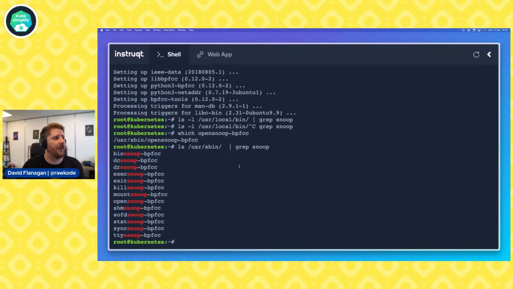The first thing you can do is use the snoop tools to discover all open files on a machine. Use the snoop tools to discover all commands executed on a machine. And use the snoop tools to identify all TCP sockets and a whole bunch of other stuff. So if there's anything on a Linux kernel where you want to understand file, networking, syscalls, it's just all available to you. In fact, let's run opensnoop.